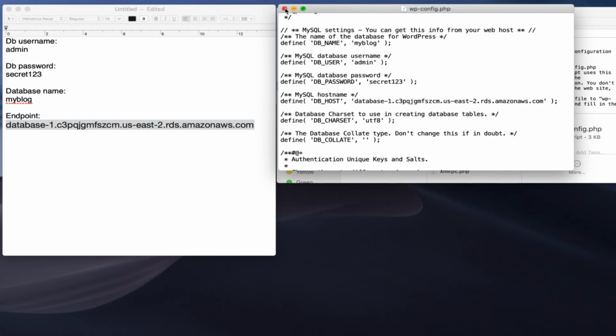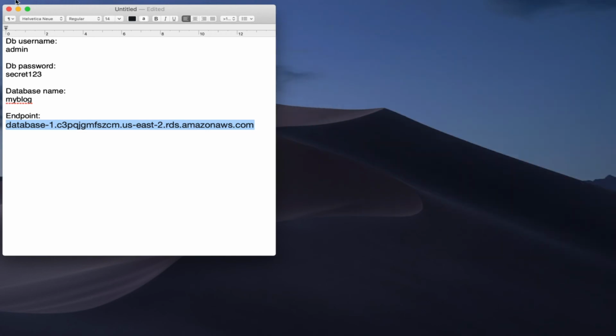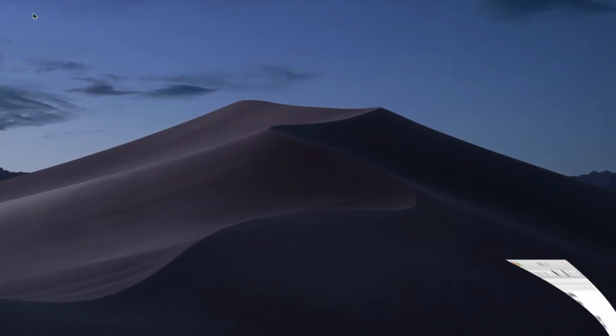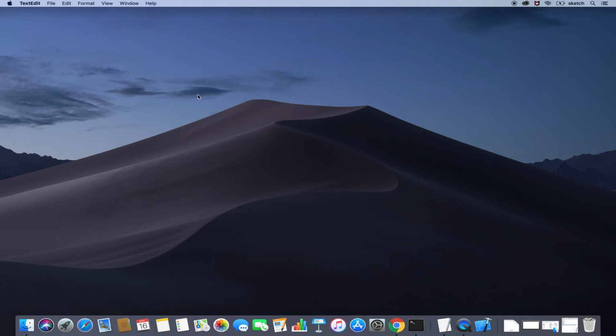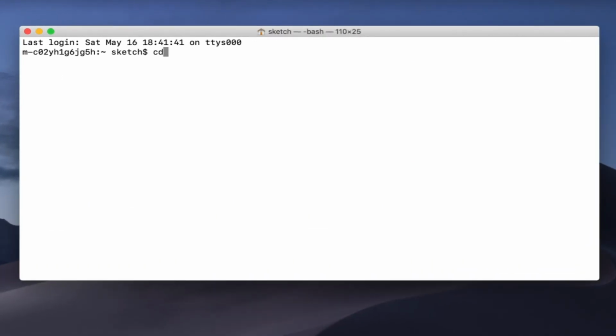All that's left now is to push this file through Git to AWS CodeCommit. We already did this in the second tutorial, so if you are new, just take a look at that complete course. To commit this file, let's open our terminal. I'll now cd to the home directory of our project, which is documents/WordPress.